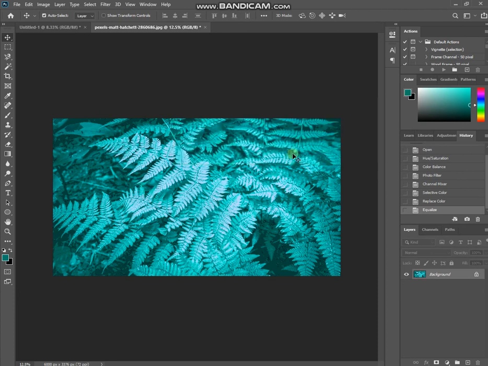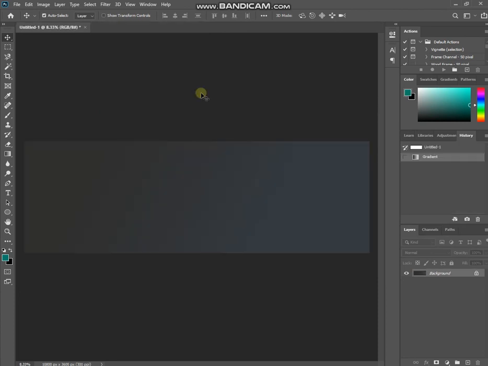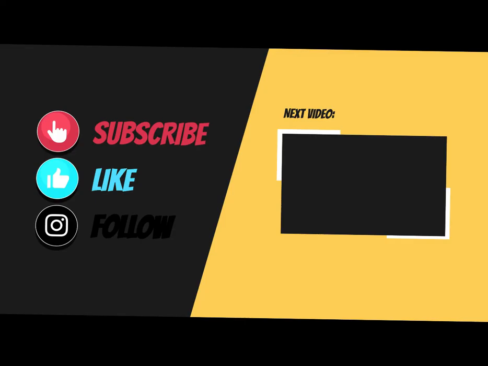So next over here is replace color. By using this option, you can replace a color in an image with another color you want. So as you can see, you have to select the eyedropper over here. I will replace this color of the leaves with the